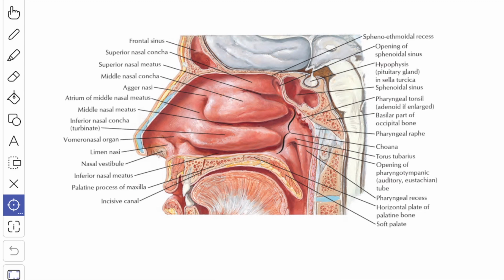Next we'll see about the respiratory region, which serves as the main air passage and is lined by the mucous membrane, which is adherent to the underlying bones or cartilages. The paranasal sinuses open into the respiratory region. The respiratory epithelium is ciliated pseudostratified columnar epithelium resting on a basement membrane, and it is provided with goblet cells and numerous mucus and serous glands.